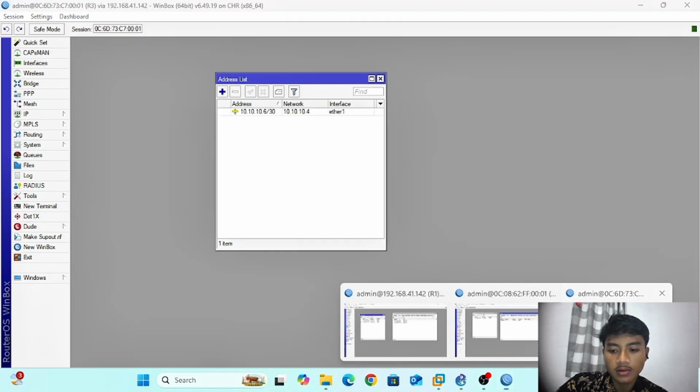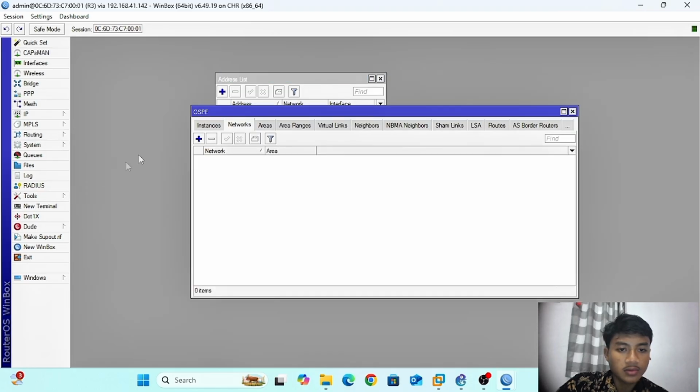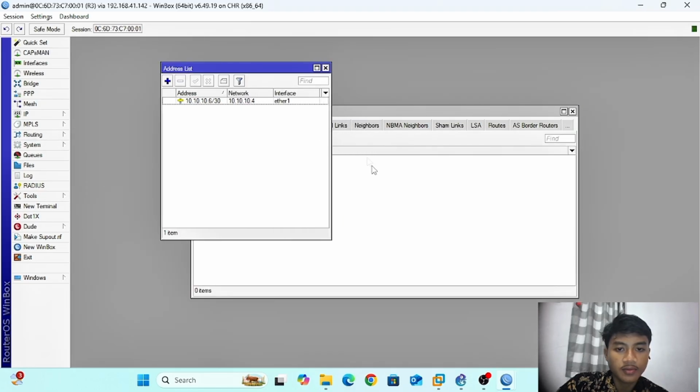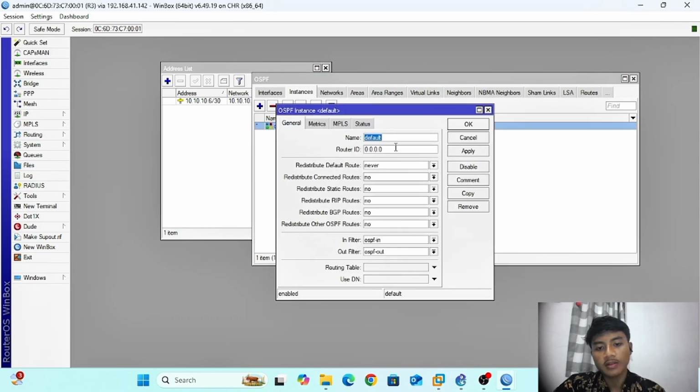Okay, and at router 3, click routing OSPF, and I will give router ID 3.3.3.3 and then choose type 1.